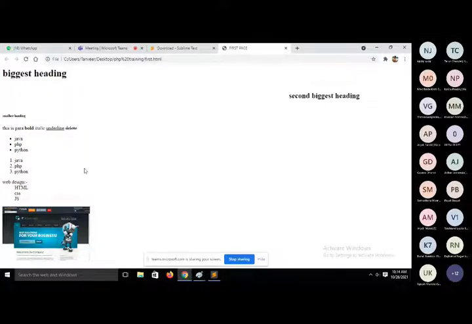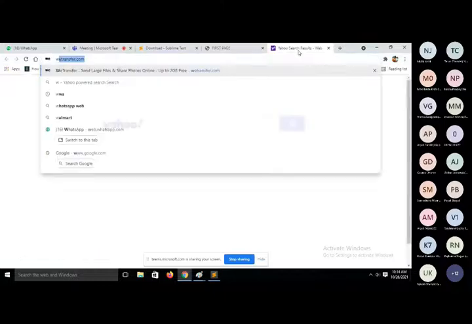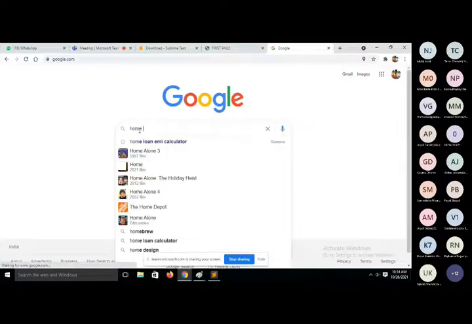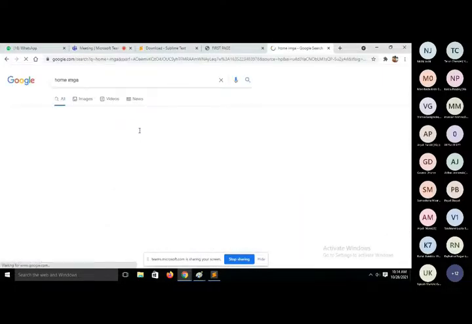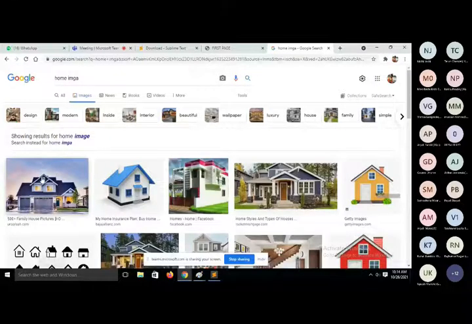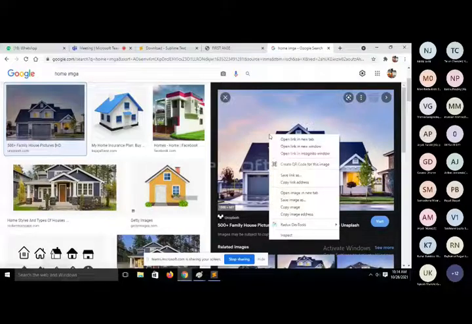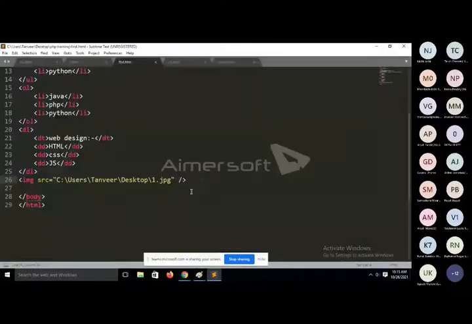I just want to display an image, but not from my computer. So you can type any image name, open Google images, click on images, then right click on that image and copy the image address. See, so you have two options.